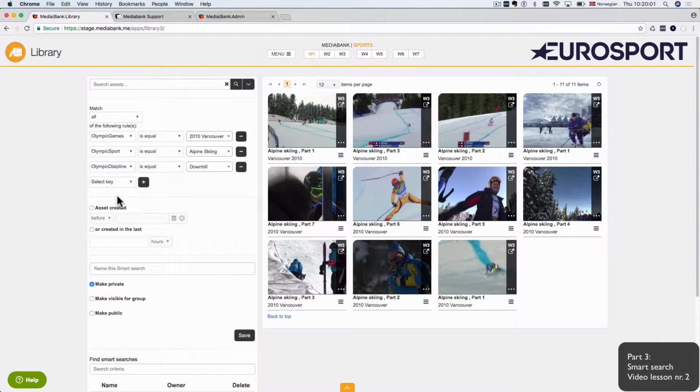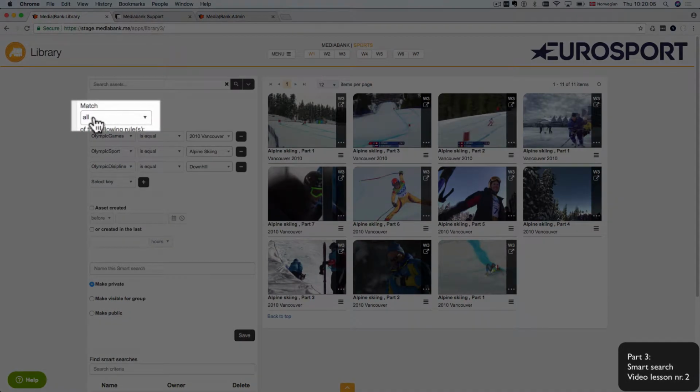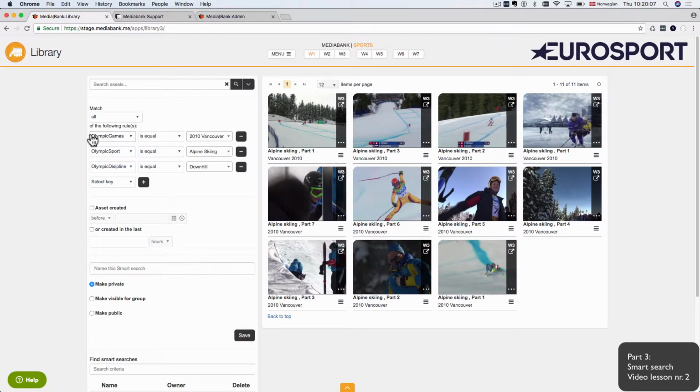And one very important thing to bear in mind when you're building your search is that now I'm saying I want to match all of these rules. But let's say that you want a more open search, then you can say I want to match any of them. So it doesn't need to be matching all of the criteria, but you can match one of either Vancouver, Alpine,